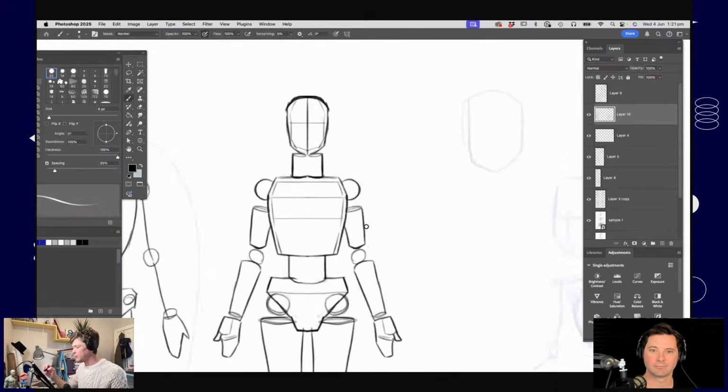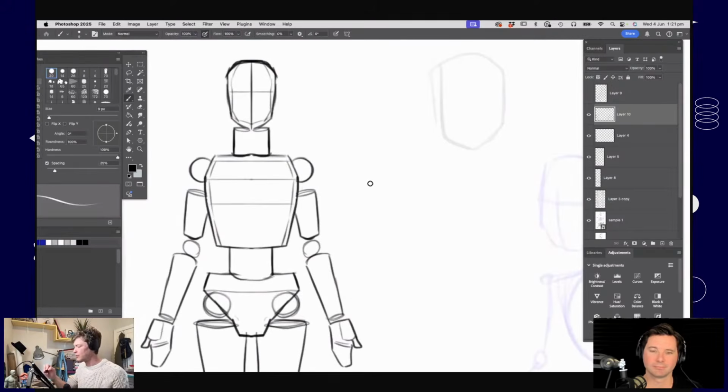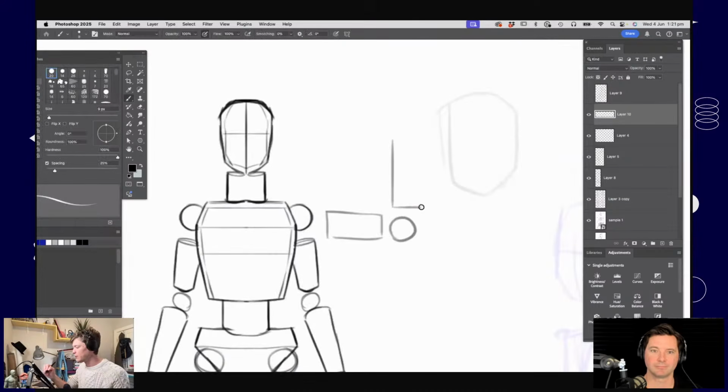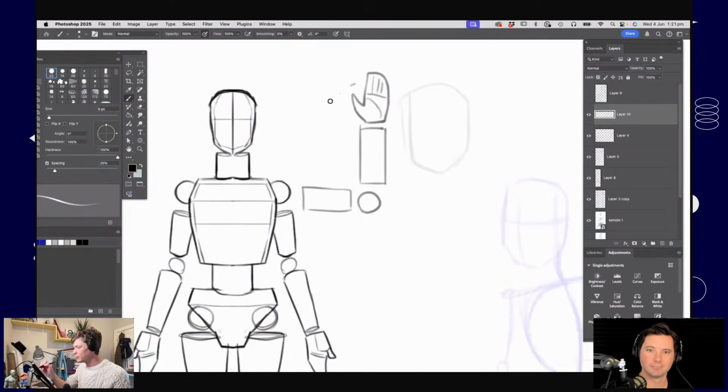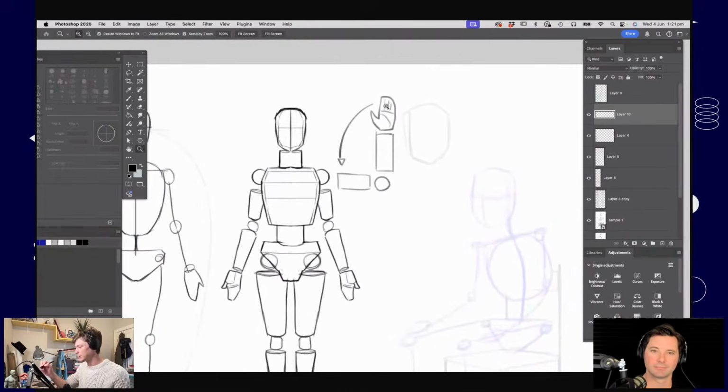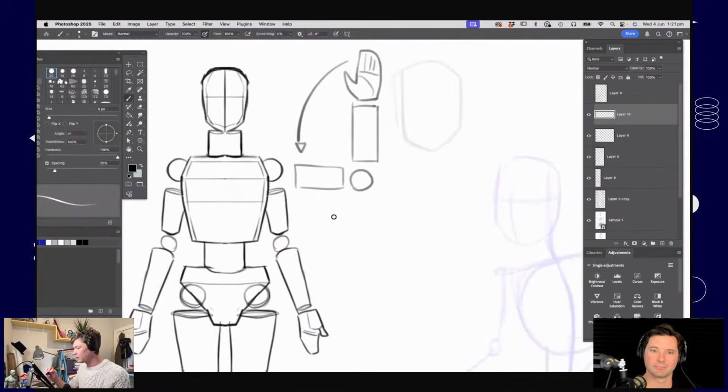That's the difference between, say I was going to draw the arm here. If it was directly facing out, so this character's waving at you, we'd see it square on like that. And I'll put a little hand there. So our character's waving at us. But say they were going to move their arm down like so, we would need to see it from a different angle.